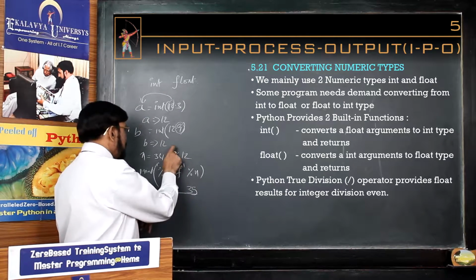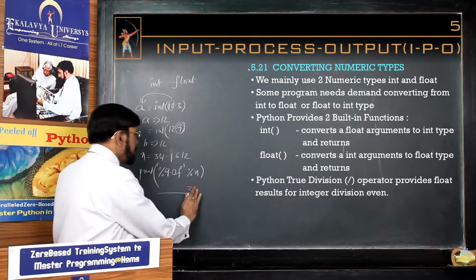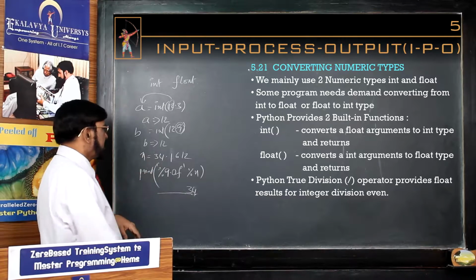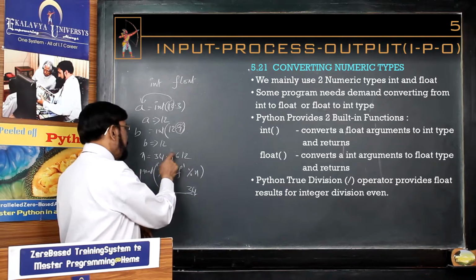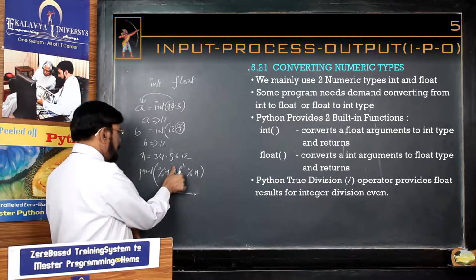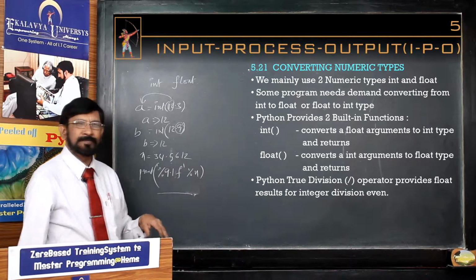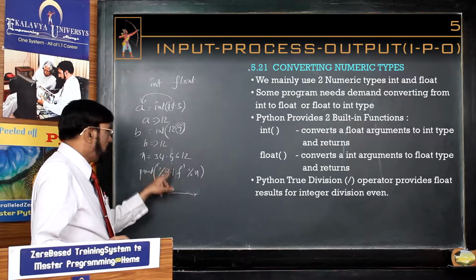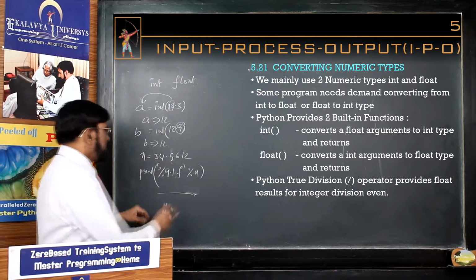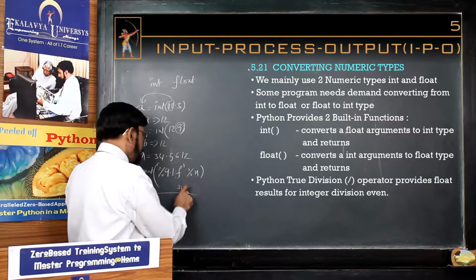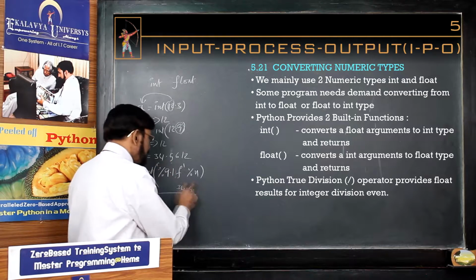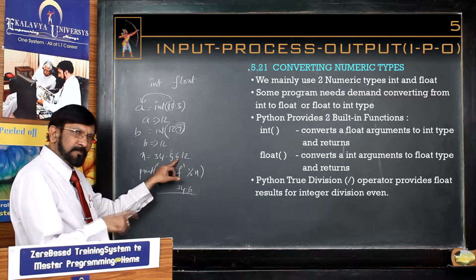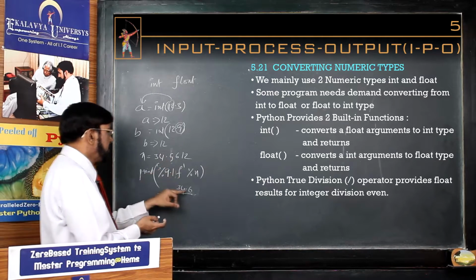Suppose it is 1, then the result will be 34. Here the rounding off effect is there. That you have to understand. Next, other variants I show you. Now what have you written? 1. That means you expect to print one digit after the decimal point. Then how is it printed? 34.6, because 5 or above is there, so it is rounded off.